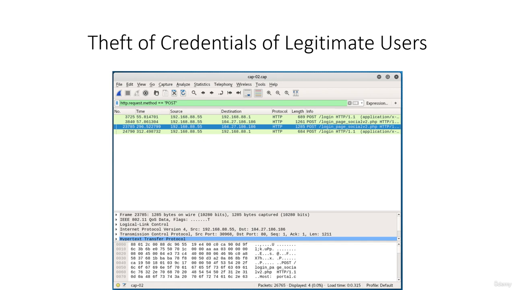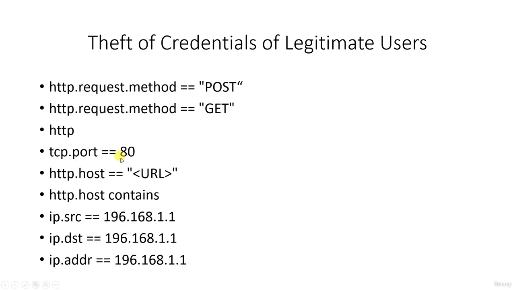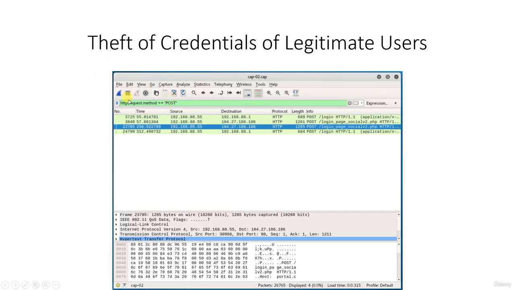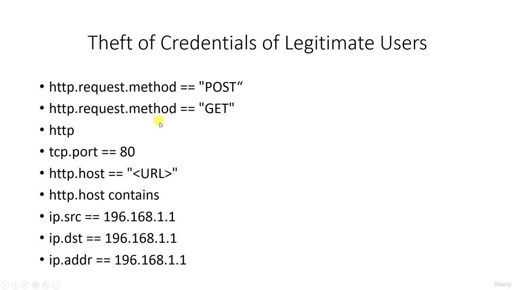To speed up the search, use a Wireshark filter, a filter that shows only data sent by POST. What you have to do is just type this in here. This is the wireless filter, which is built into Wireshark. Make sure you type those commands in here. This command, the POST method, will show only the data sent by POST, and this is the filter that shows only the data transmitted by the GET method,